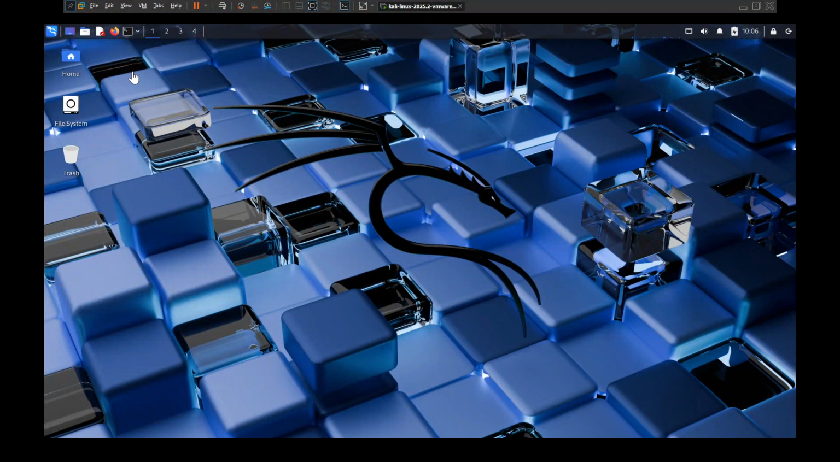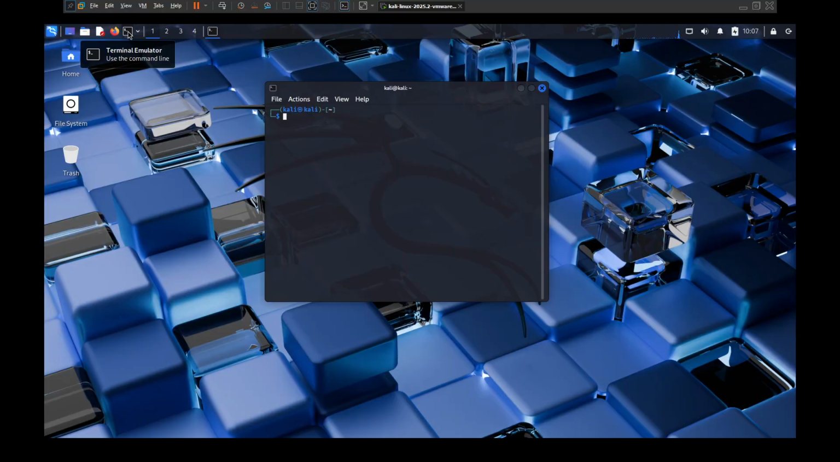Hello everyone. I'm wanting to personalize my terminal. So I started my virtual environment and started the Kali Linux OS. I want to give this thing a type of hacker look. So